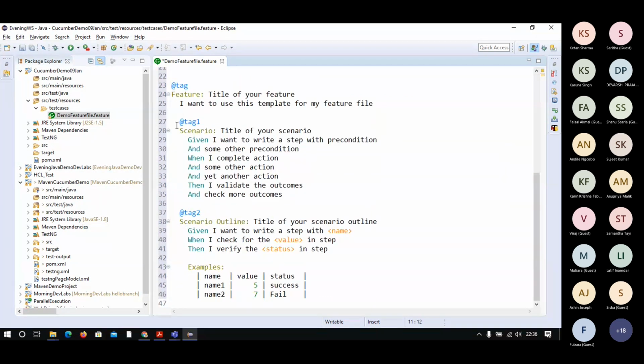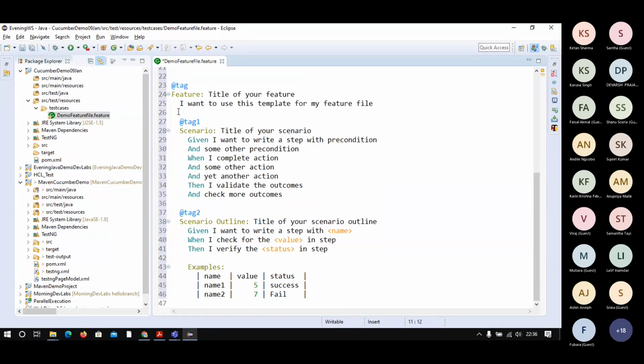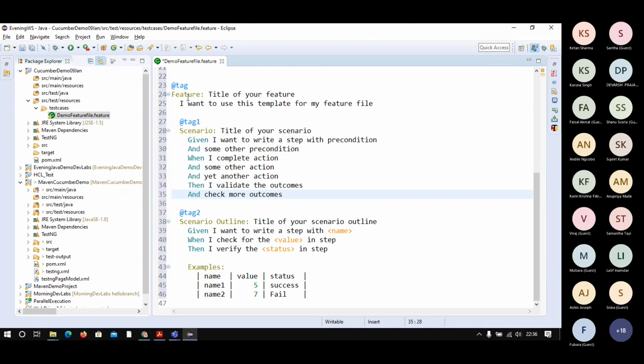This is a sample scenario they have already created and told you that you can use. This is one scenario demo, up to line number 35. It starts by writing Feature. This is the reserved keyword, feature, followed directly by a colon. For the name of the feature you can put, say, that you want to verify the Google page, the Gmail page, or Flipkart, anything you can check. This is the description part, meaning the description of the feature.